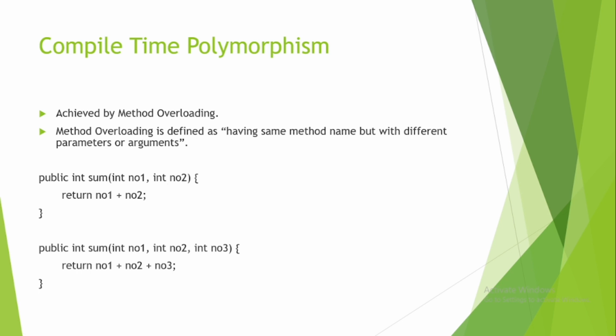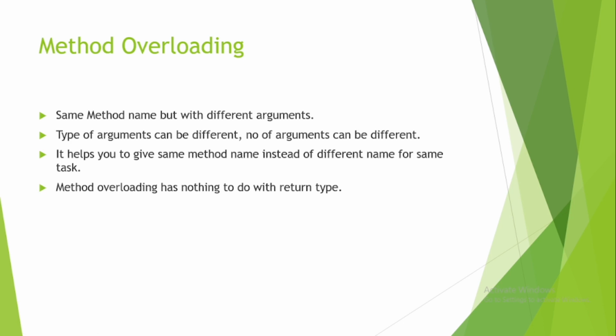So method overloading is achieved by two way. Having the same method name is mandatory. Okay, so two way means you can give the different arguments, number of arguments can differ or type of arguments can differ. So method overloading is achieved by two way, by giving the different number of arguments or different type of arguments. ठीक है, so we'll see in the example also, but before that what are the theoretical points about